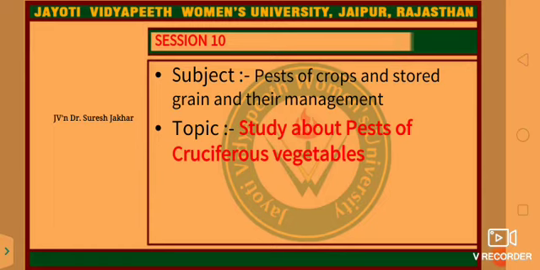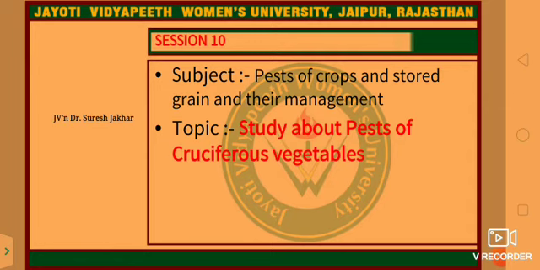Then IPM in cruciferous vegetables. Removal and destruction of the crop residue to break the cycle of painted bug as well as leaf webber in a specific locality. Then growing mustard as a trap crop in the cabbage or cauliflower field. Mustard should be sown in paired rows, one row 15 days after planting and another 30 days after planting cabbage or cauliflower, for every 25 rows of cauliflower and cabbage.